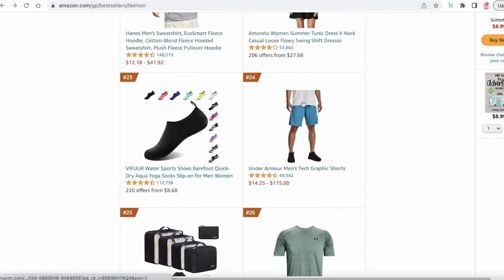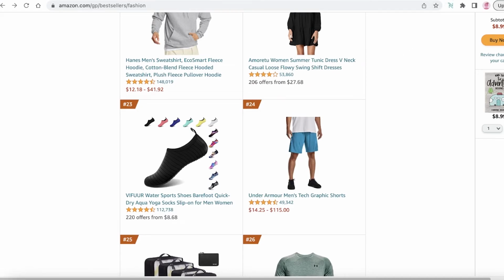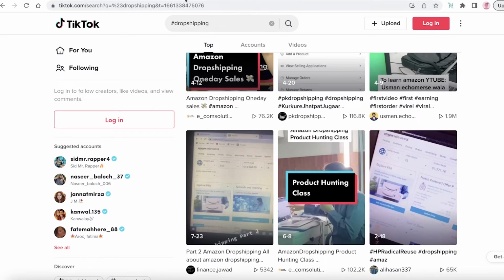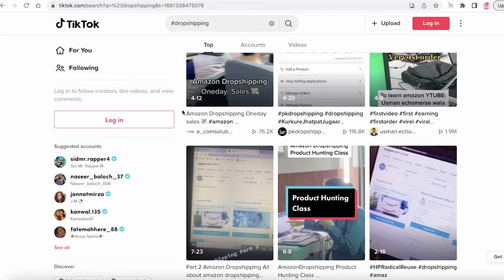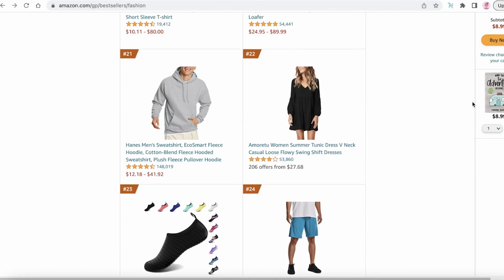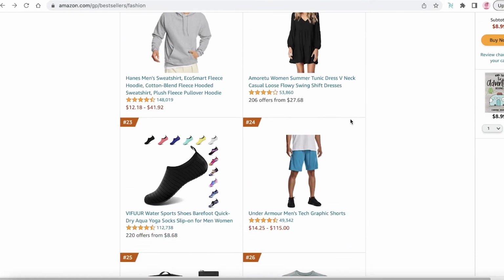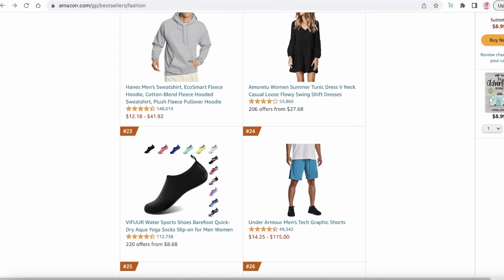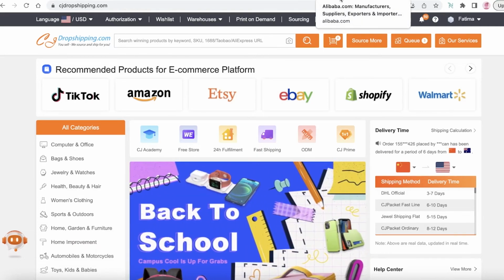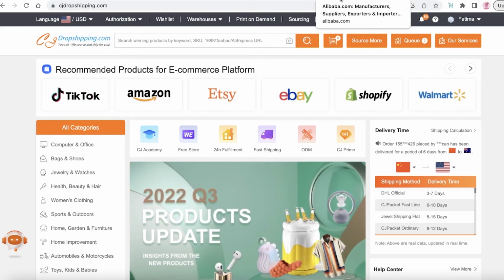So that was it for today. Now there are some other things like your marketing. For example, you can directly link your e-commerce store, so your Wix or Shopify store, from TikTok. So you're going to link that. You can link it on Instagram so people can directly buy your product, and you're just going to make a 2-second clip of how useful your product is. You can even take product images that are available on your dropshipping supplier, so on Alibaba or CJ Dropshipping, and upload those on Instagram Reels especially, and TikToks to get the most out of these free social media platforms.